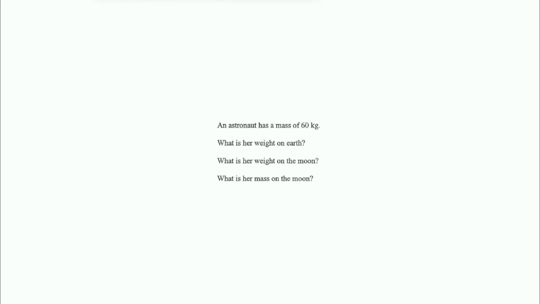You'll note I'm jumping straight to the last one because that's an easy straight up 60 kilograms. The mass doesn't change depending on where you are. Okay, mass is how much matter goes in to make up an object. So if you have a mass of 60 kilograms on Earth and then you teleported to the moon, your mass is still 60 kilograms. Now, I say teleported because if, for instance, you were launched on the Saturn V rocket,